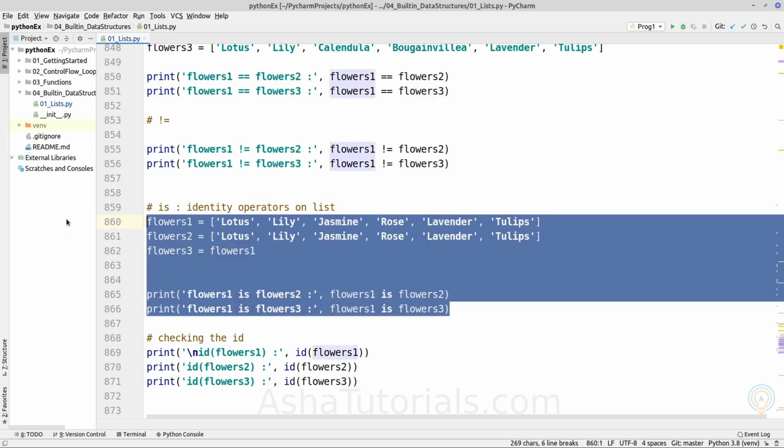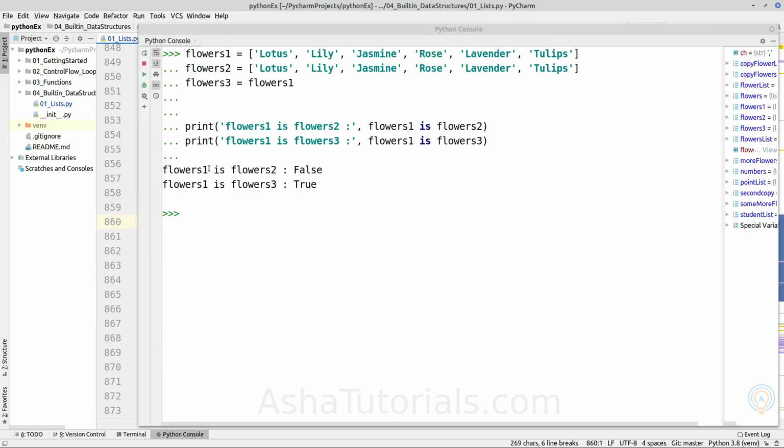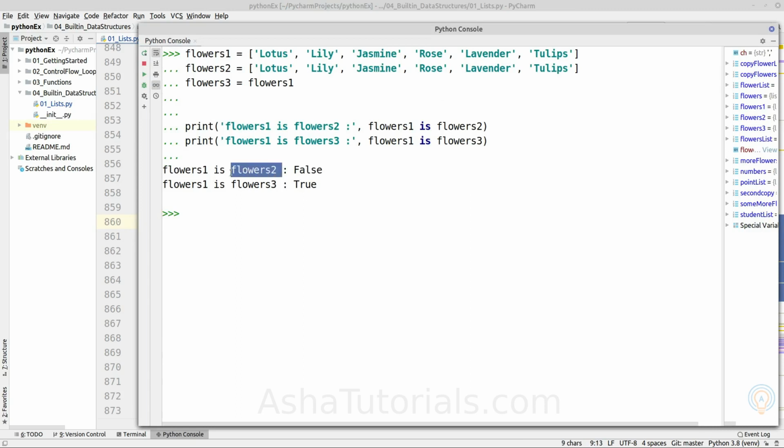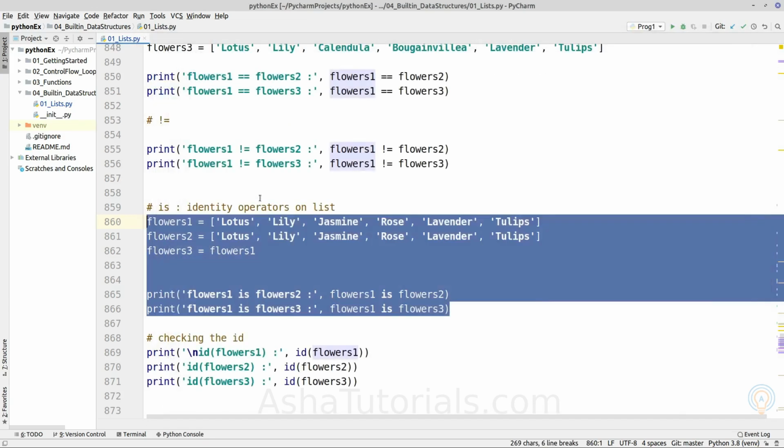So if we execute the is operator on them, as we can see here, flowers 1 and flowers 2 are not the same, because both variables are pointing to different objects inside the memory. Although they have the same values, they are not the same object inside the memory. And if we are copying it or assigning it, as we can see, it is returning true because both variables are pointing to the same object inside the memory.